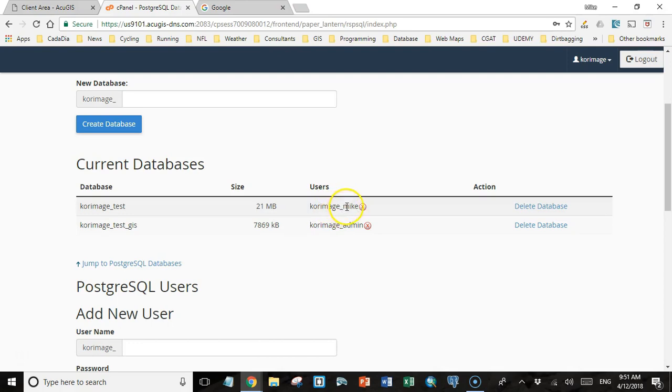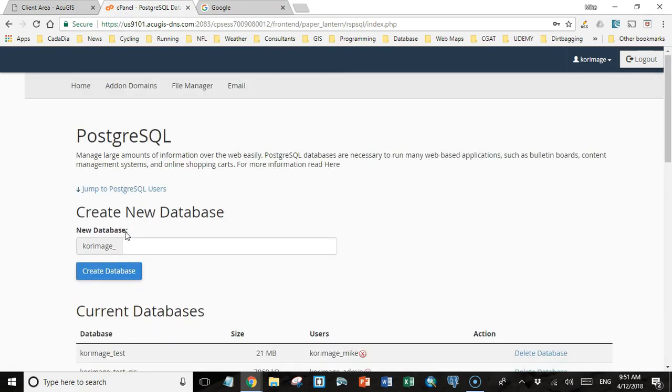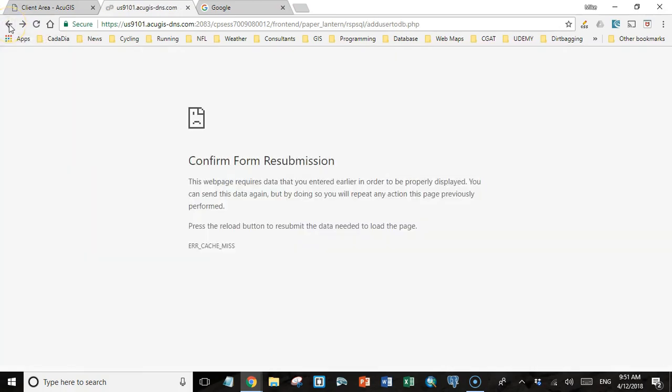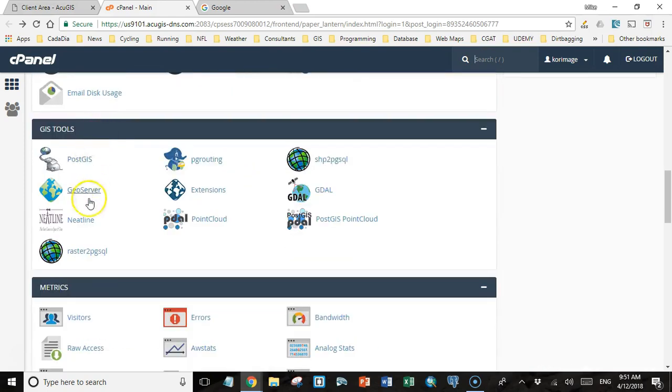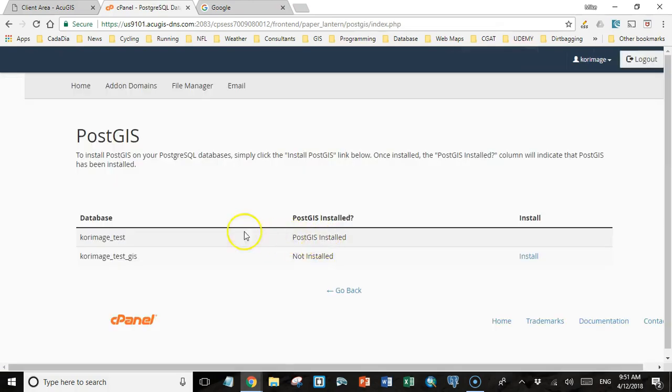The one that I created previously for the other database, and then this admin for the database that we just created. So we've got a database, we've got some users. I'm going to go back to cPanel, and a little bit below the PostgreSQL tools, we have some GIS tools. The first thing we're going to do is PostGIS, and you'll see PostGIS was installed on this